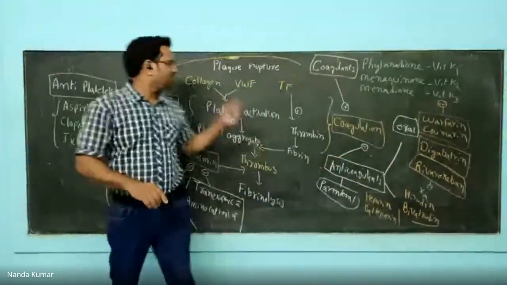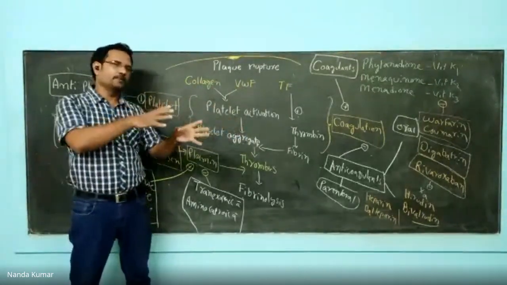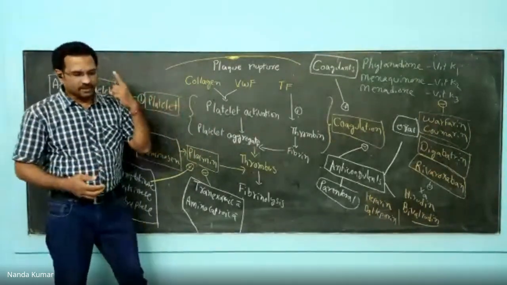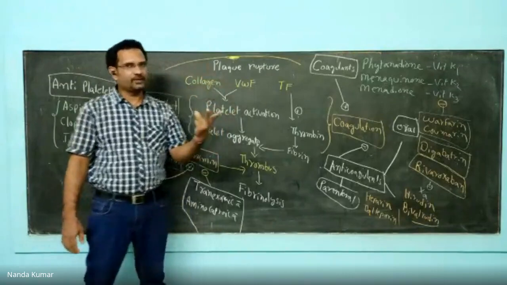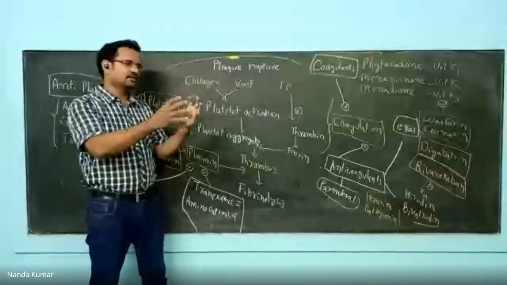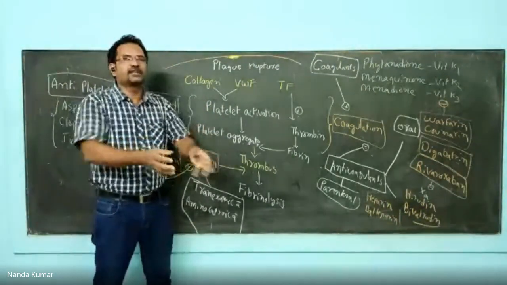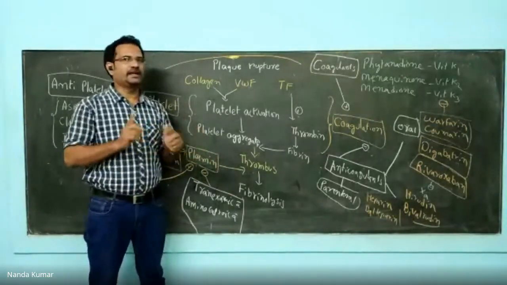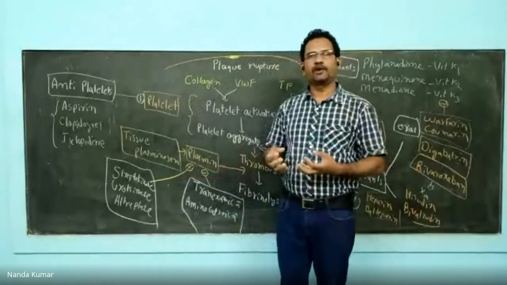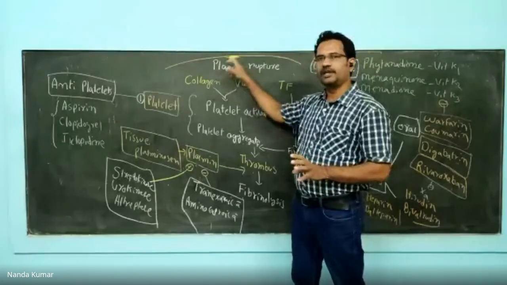Now, collagen and von Willebrand factor, when they are exposed to the blood, platelets will come and bind with them. That causes platelet activation. There are three steps involved: platelet adhesion, platelet activation, platelet aggregation. Platelet adhesion means to these receptors, platelets will come and bind. The binding causes platelet secretions. Platelets will secrete certain chemicals like thromboxane and ADP. The job of thromboxane and ADP is they are a kind of chemotactic molecules. Once the chemicals are released, all the platelets are called towards this injured area.